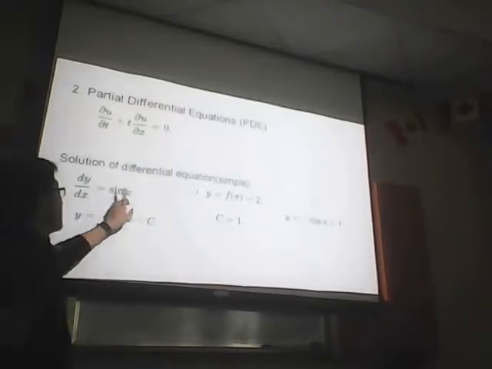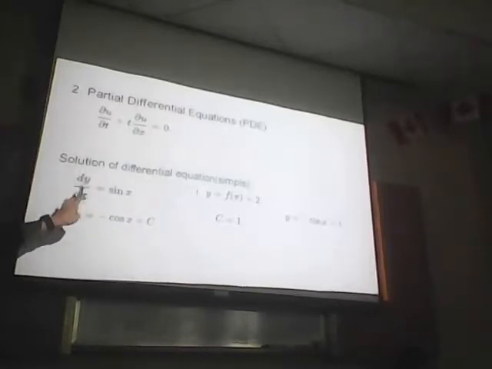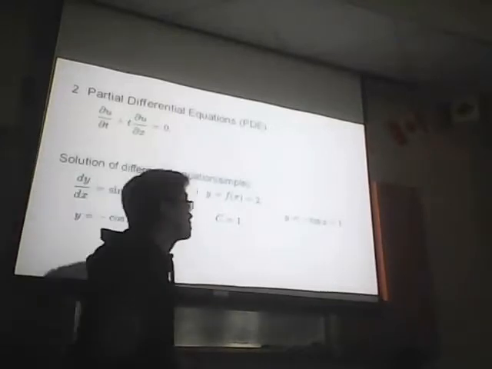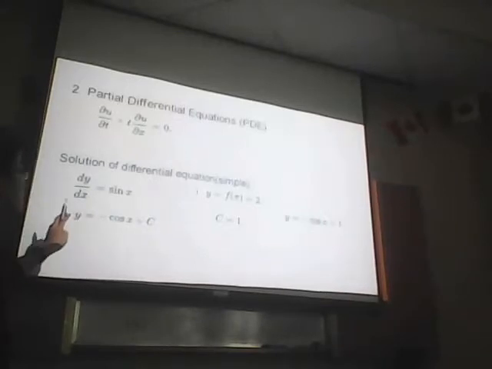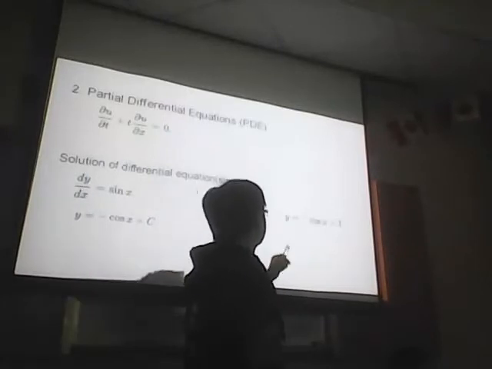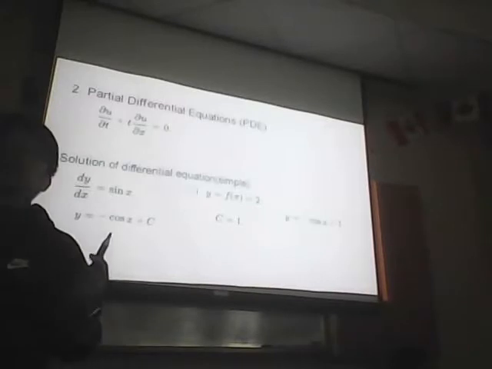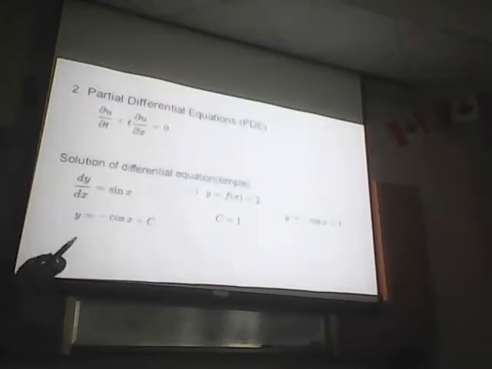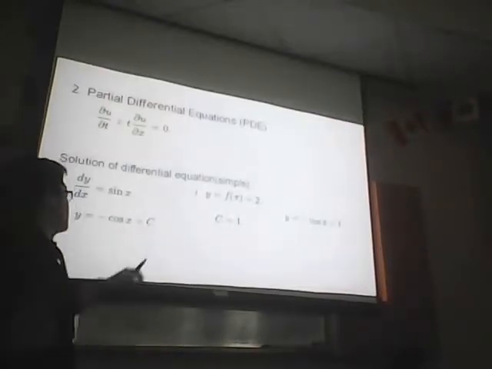At this time, I will tell you the equation, and you should tell me the solution, the answer of the ordinary function. You know, the differential equation has many different answers. So you can see y equal to negative cosine x plus 6.